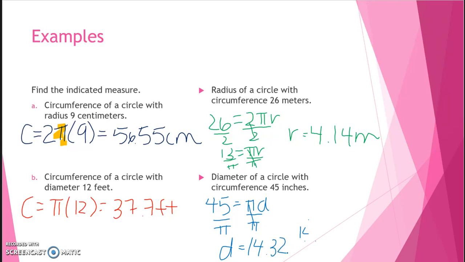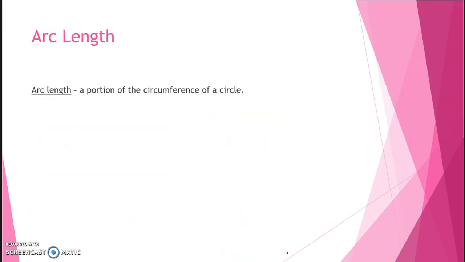14.32. So those are just the type of simple problems that you'll see right off the bat. What we have to talk about next is something called an arc length, and that's a portion of the circumference. If you remember, in the last chapter we talked about arc measures. Arc length is different because an arc measure has to be in degrees, and an arc length works with a specific unit,